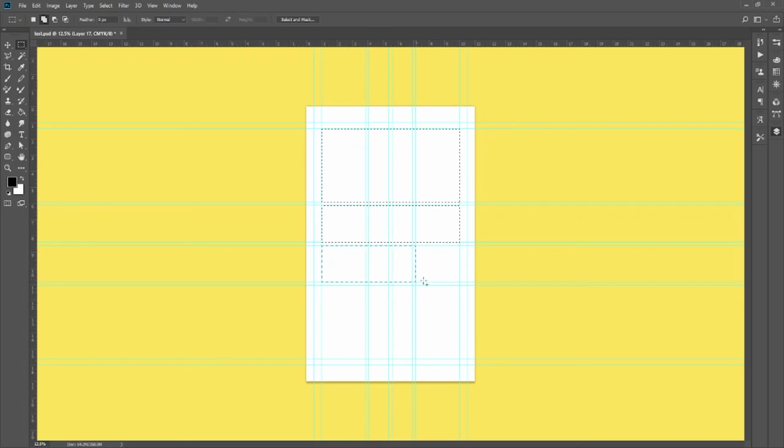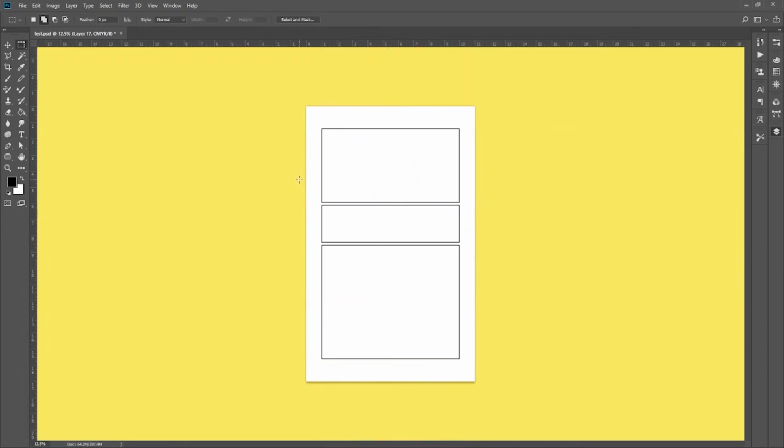Another thing that panels can do, besides pacing and everything, is really show you the way that the character sees everything, the way you set the scene. This can be done in many different ways. I was just looking for the kind of frames that I would like. So I used a big frame, and then a bit of a skinnier frame in between, and then a wide, large frame at the bottom. This can be done with showing